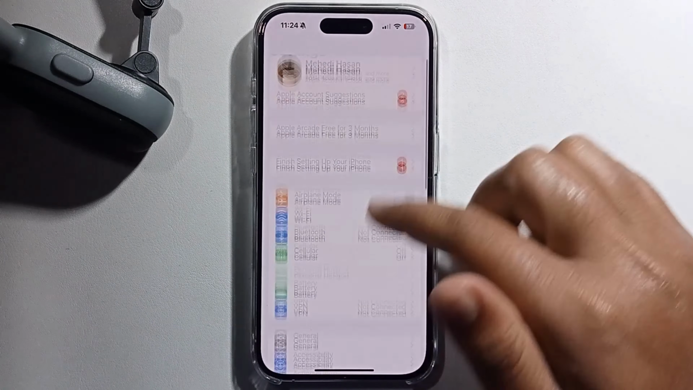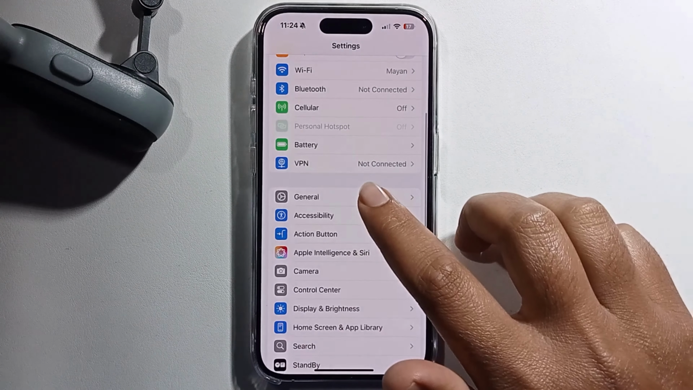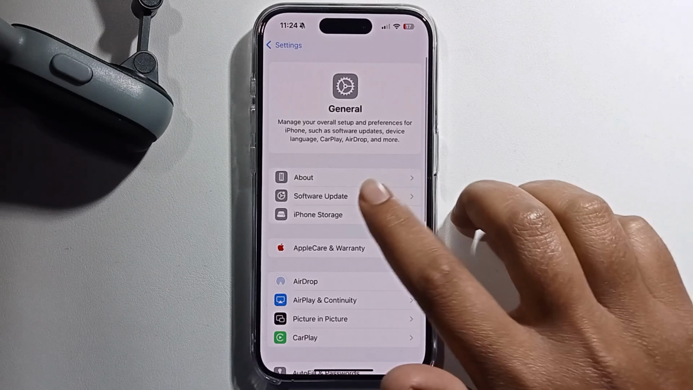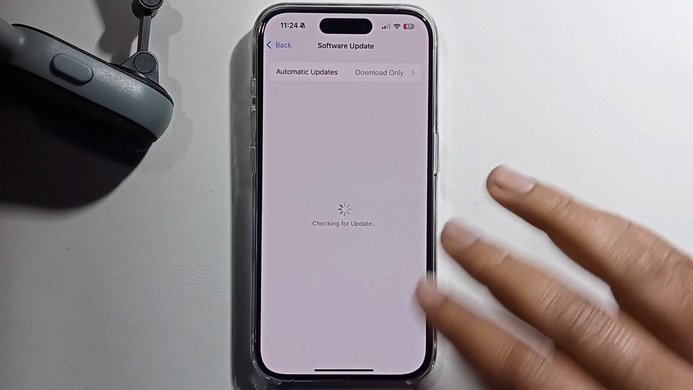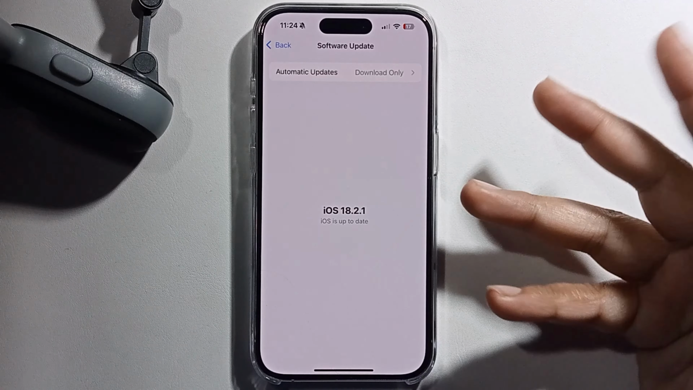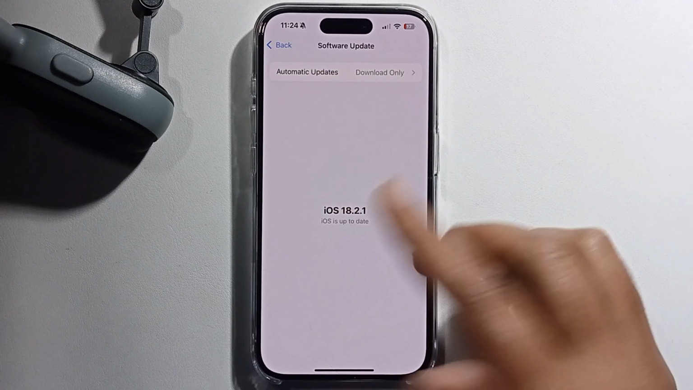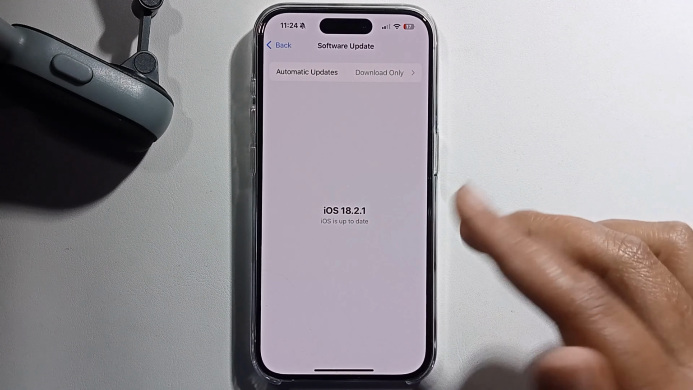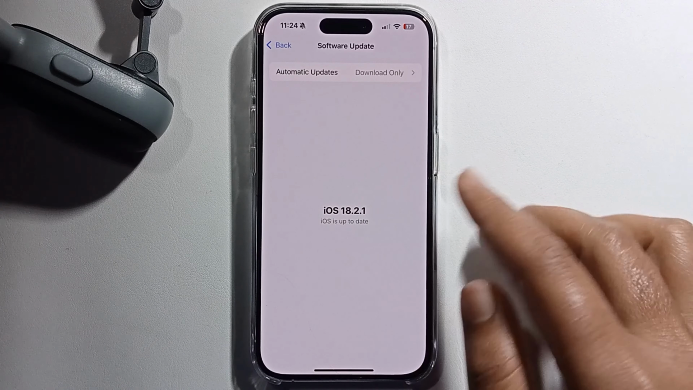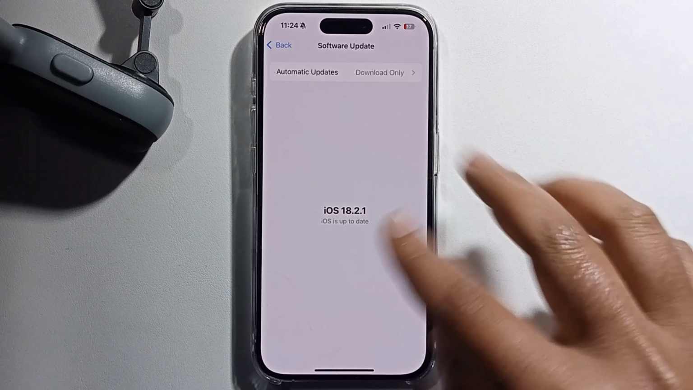At first, open iPhone Settings, click on General, and make sure to update your iOS. I've already updated my iOS. When your iOS update is pending, you won't fix this problem. So I've already updated my iOS